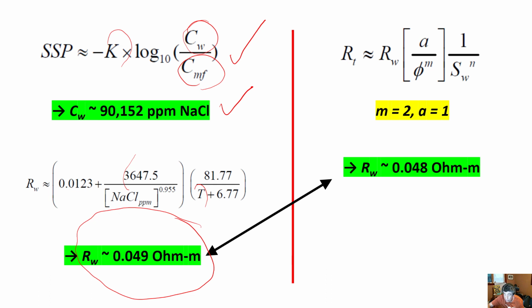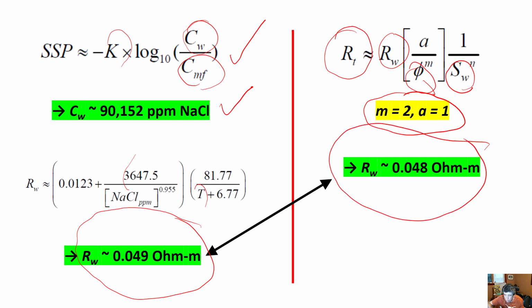Now let's go to resistivity measurements. As I said, we already know what the resistivity is, and we're going to solve this equation for RW. Porosity is what we calculated from the neutron and density logs. Saturation of water is 1 because we're in the water saturated zone. And for simplicity, I'm going to make the assumption that we have the easiest, most common values for Archie's parameters. This is not always the case, so we can expect differences. But if we assume these values, which are the normal values, then we end up with a resistivity of water,